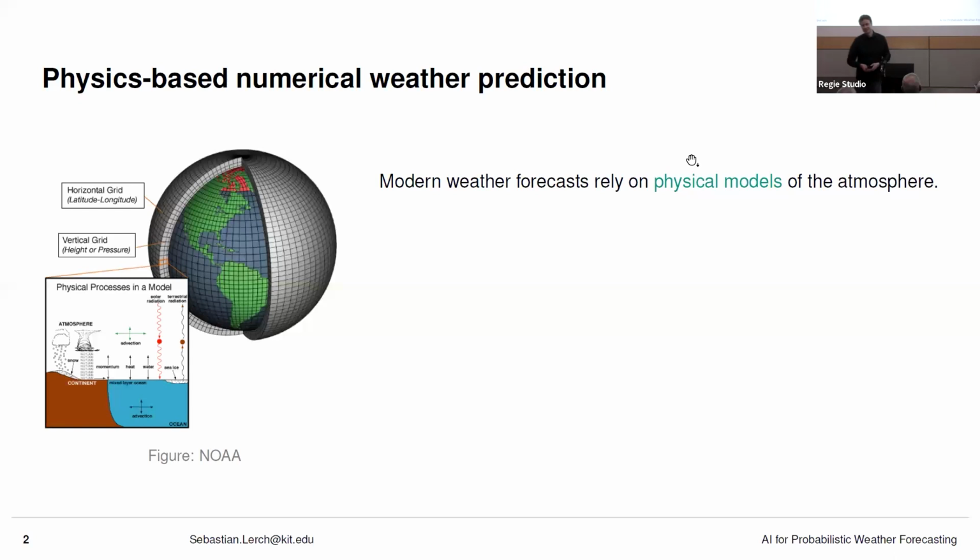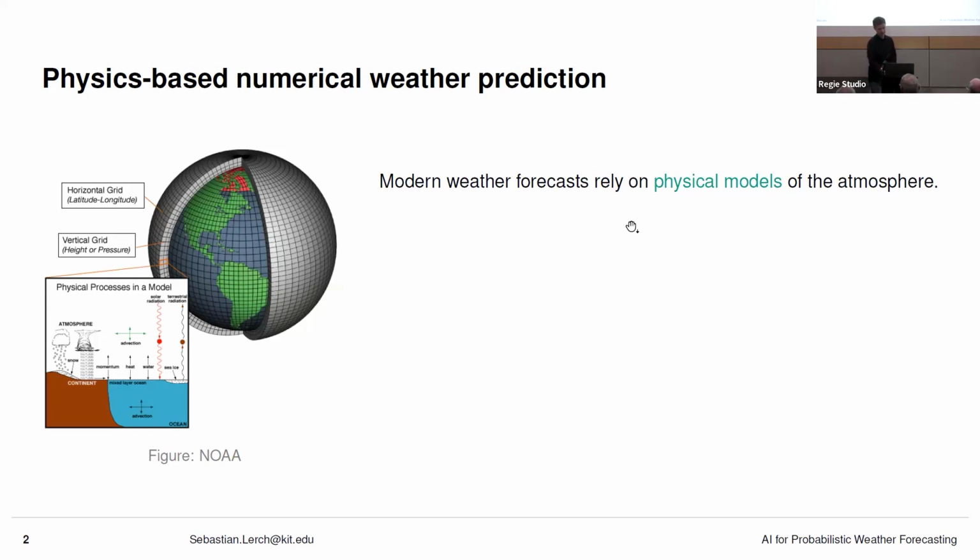Okay, so weather forecasts today are based on physical models of the atmosphere, where systems of partial differential equations are used to model atmospheric processes. Those models are run on supercomputers by weather services, and these differential equations are solved on three-dimensional grids around the world. You can see an illustration here on the left-hand side, and these grid cells are something like 10 by 10 kilometers in size for the highest resolution models available today.